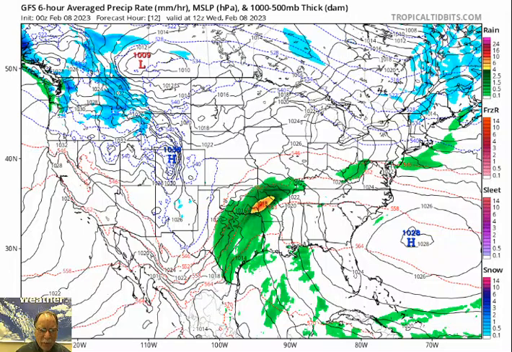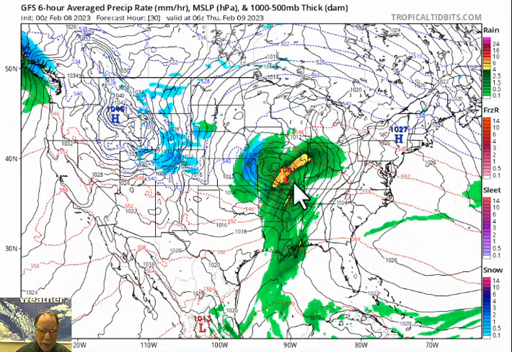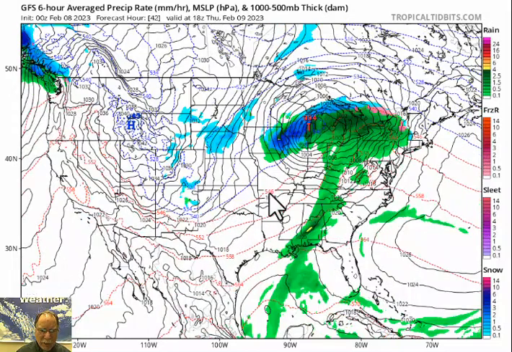So let's move forward here with, again, the 0Z run of the GFS. Again, we'll have to watch out later today with the possibility of some severe weather down across Louisiana, Mississippi, right in this region right here, maybe extending into Alabama as well. Cold air influx causing some snow by later on tonight in the middle part of the nation. And that storm system goes north to northeast towards the Great Lakes, ends up producing some accumulating snow over the upper part of the Midwest. This is by midday on